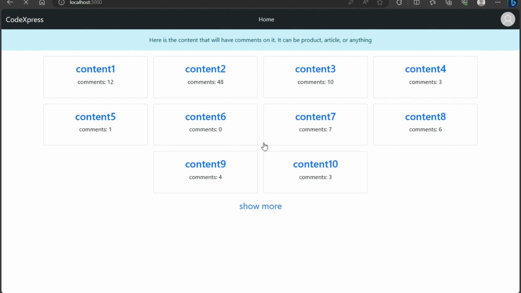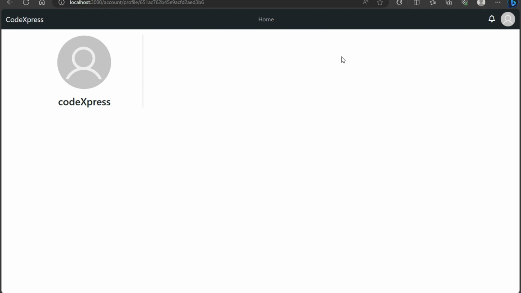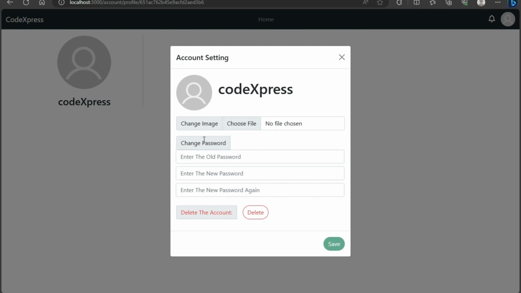Now let's log in with our new password. After logging in, you will see a profile page that shows your name and profile image. The profile page is empty for normal users, but I added it in case you want to add some more details later. You can also see an account setting page where you can change your profile image, your password, or